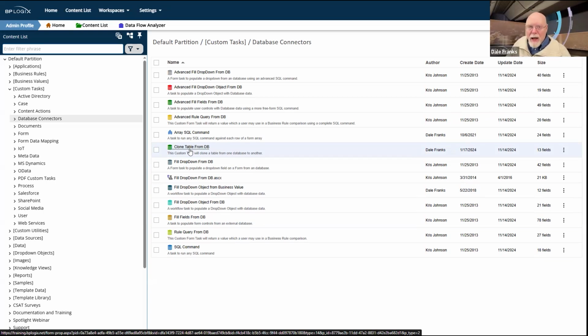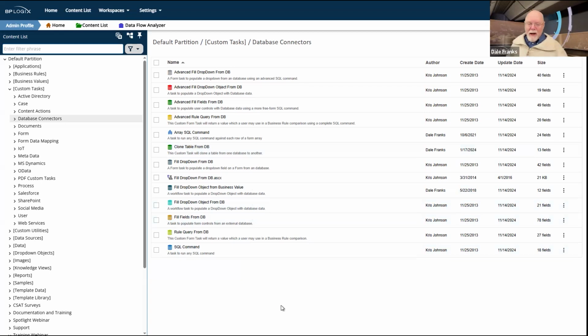The form definition has a set form data tab and a fill dropdowns tab that, in terms of configuring the form, enable us to use a business value to fill a dropdown or to fill fields on a form. Now, the nice thing about business values is that they provide a universal connection that anybody can use. It virtualizes the data in the database. So any implementer can use that business value to pull back that data and use it to fill dropdowns or fill stuff on a form. And you only have to work on it in one place. You only have to configure it in one place. You don't have to have multiple copies of it.